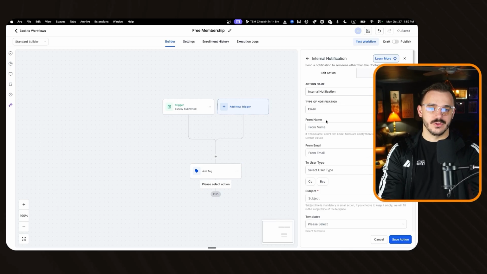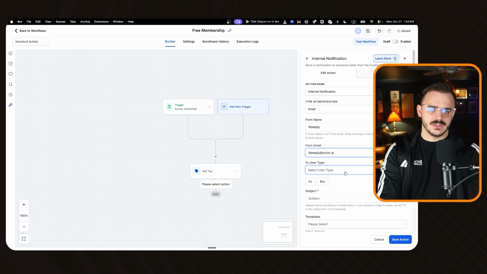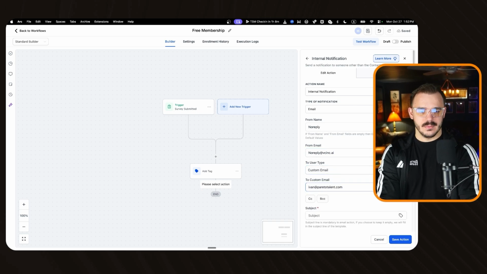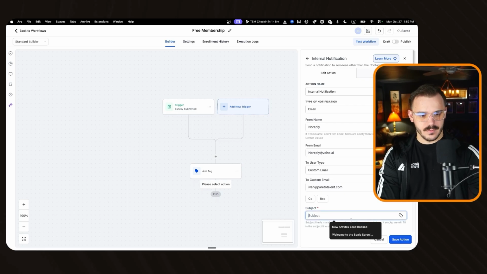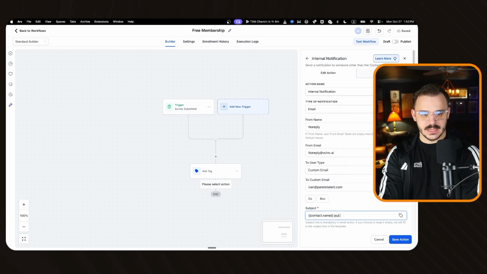So internal notification, email from name, doesn't matter, no reply. Email, no reply at, I will just type vcinc.ai. It doesn't matter. And for user type, I will use custom email and just type in my email address. And then the subject, I can customize this. I can add contact full name,